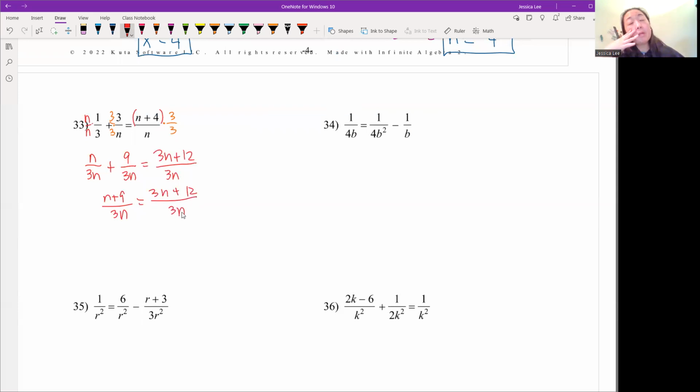Now again, remember the exponents: if the bases were the same, then the exponents have to equal each other. Same idea here. If the denominators are the same, that means the numerators, the guys on the top, have to be equal to each other, right? Same denominator, same numerator. So if you know that these two are the same on the bottom, that means this